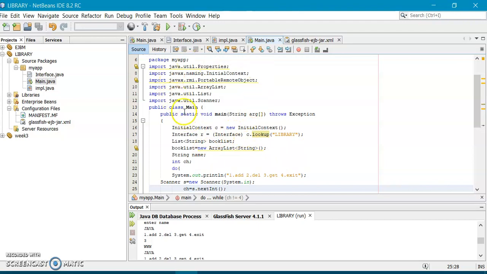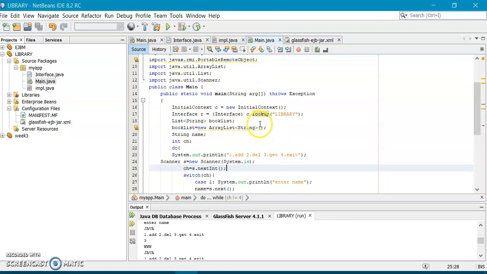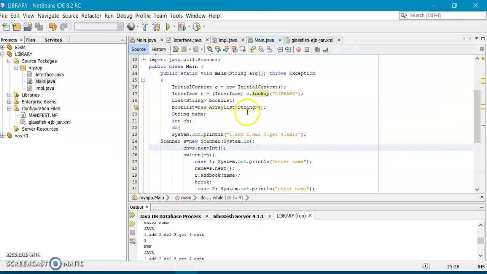So here my class name is main, and here I have created an initial context: initial context is equal to new initial context. By using this, I have created an object for the interface and I am looking for the service called library service. This is my package name that I have created, and I have created an array list.